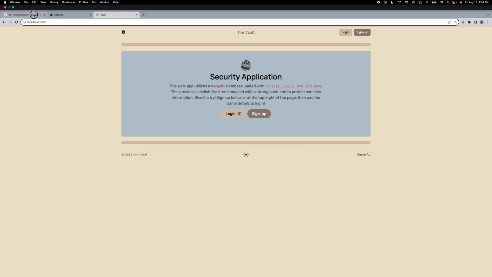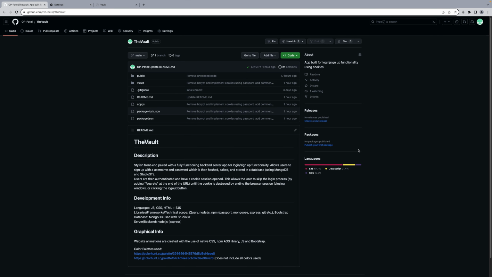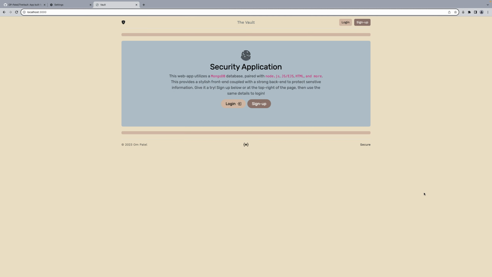My web app called TheVault. Here's the repository page, and here's a live demo. Upon launching this, users are introduced to a themed, colorful, aesthetically pleasing and completely interactive home